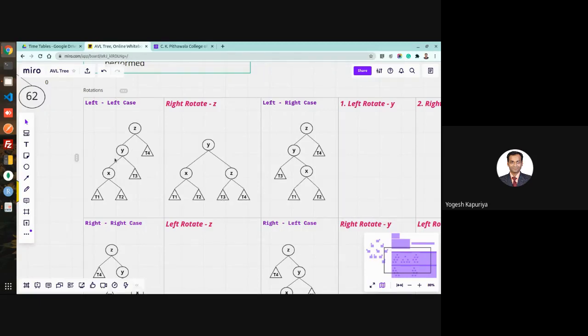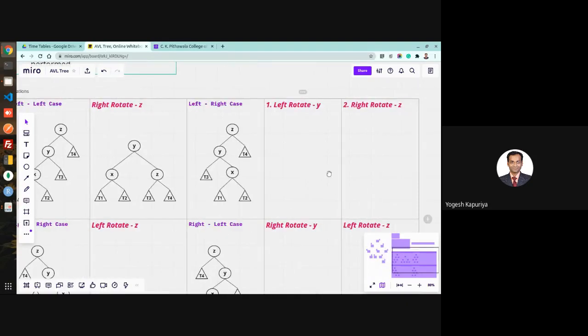Second case, T3 is the right of y. That means any value in T3 is greater than y. So that means T3 has to be always on the right of y. It is on the right of y. So it means that by doing this rotation, you are not actually disturbing the property of binary search tree, but still you are gaining the balance factor in the range of -1, 0, and 1. And that's why this is an AVL tree. Okay, this is just an example. We are not actually mentioning the balance factor over here. But once you do this, you will always have value within the range of -1, 0, and 1 for z, y, and x, all of this. So I hope this is clear.